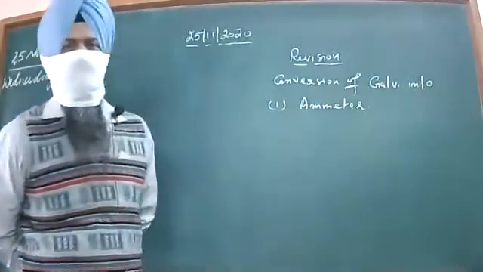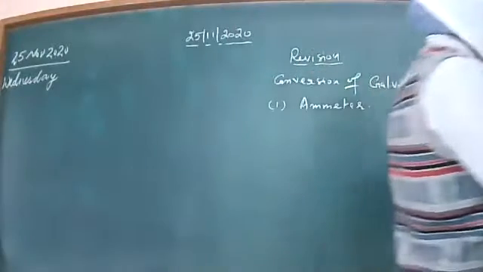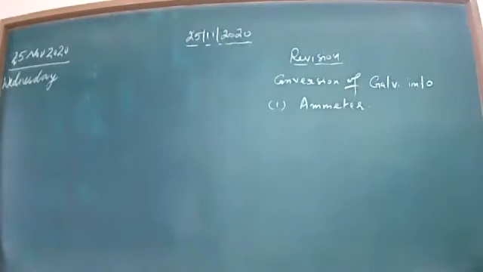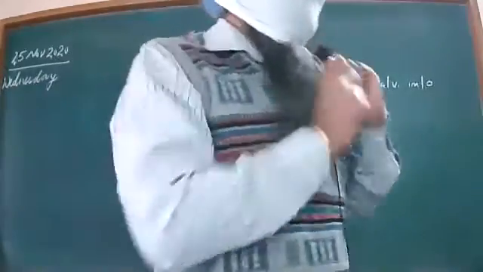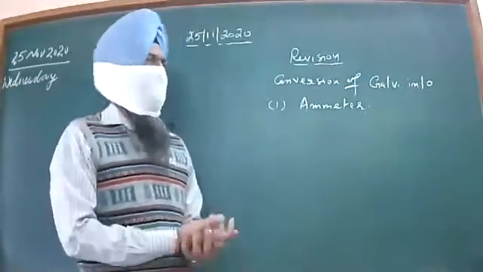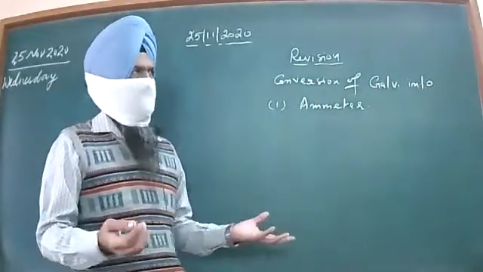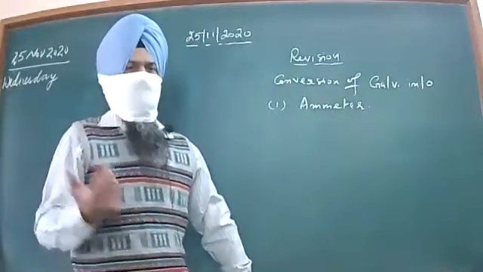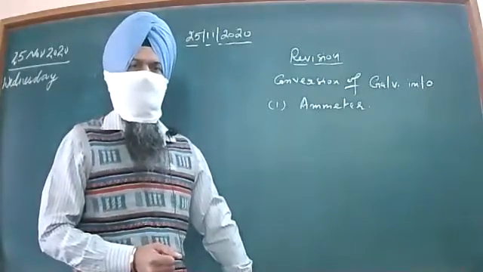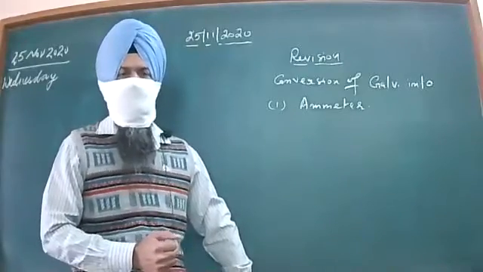Now dear children, before we begin with the discussion of the device ammeter, the obvious question arises: do we need it? We must have the galvanometer. Galvanometer can serve the purpose of detecting the current, and if we connect the galvanometer in the circuit, we automatically will come to detect the magnitude of the current. Then why do we need ammeter?